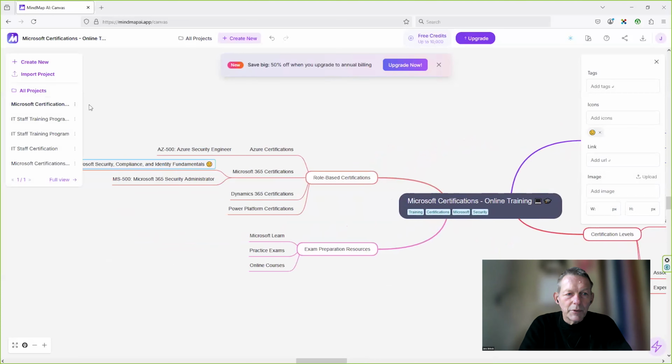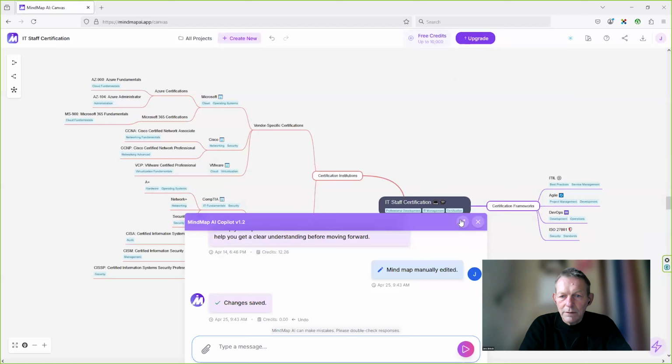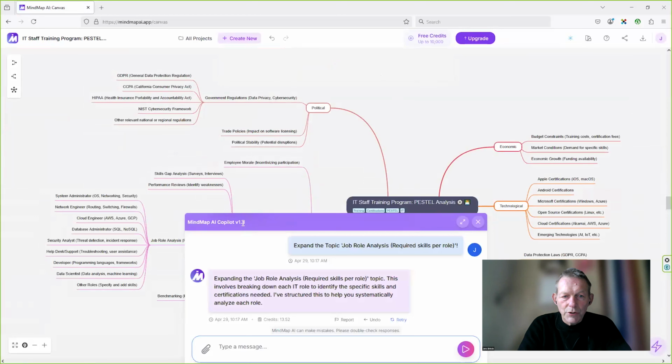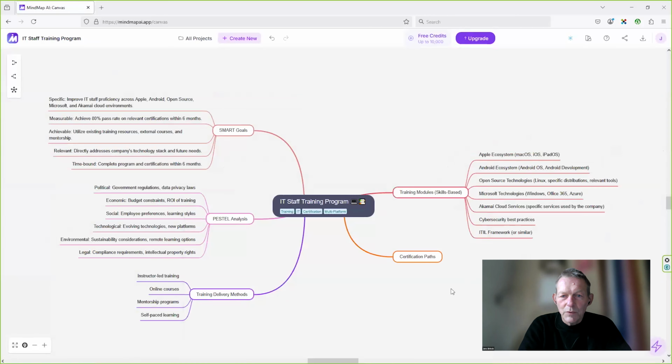Further, I dived a little bit more, and now I have to find the right one, which is this one. I would like you to pay attention to that. When I started, I used the Copilot version 1.2. When I get to the final mind map, which really surprised me, I'm on version 1.3, and this one I made this morning. I started making it using all the questions and text I have, reusing some of the input and putting in a couple of new words. And then I got this one.